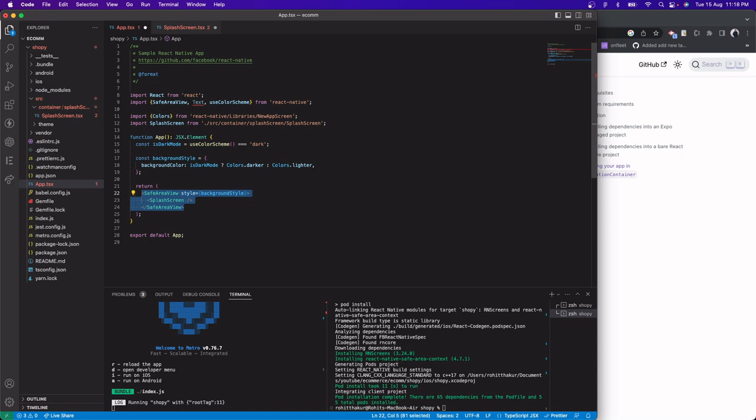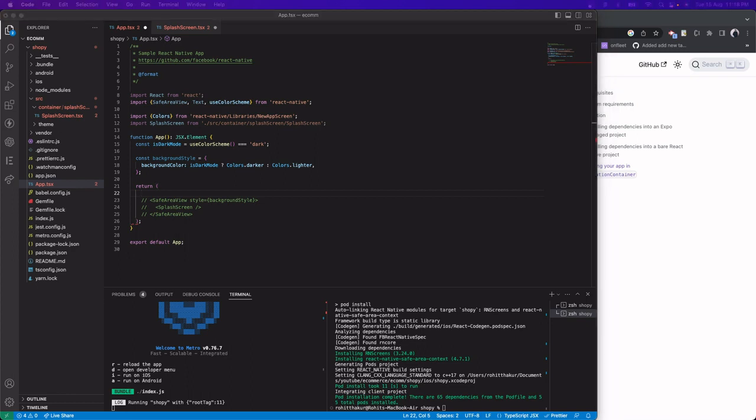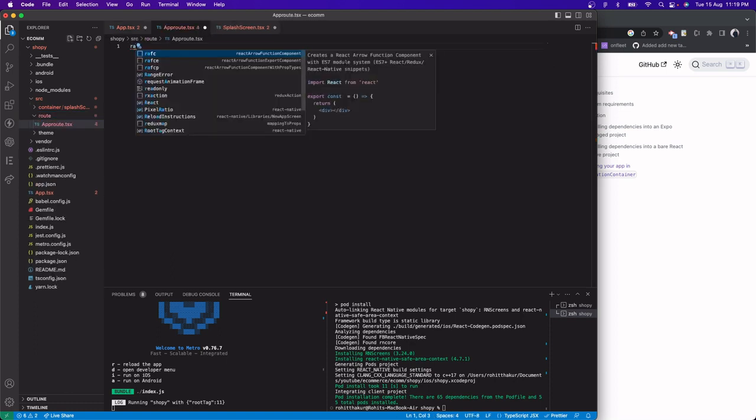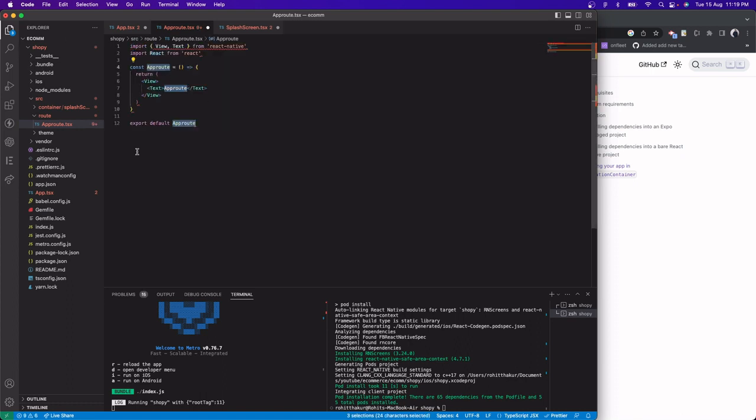We don't need that part. Let's comment it for now. And let's create one more thing. In the source folder, let's create a folder with the name route, which contains the app route.tsx. Let's name it with the rnfe snippet,